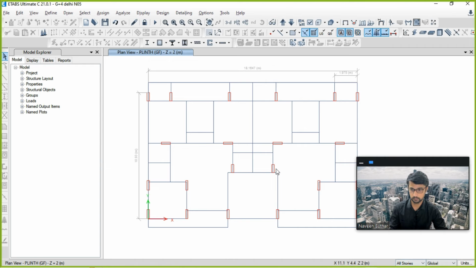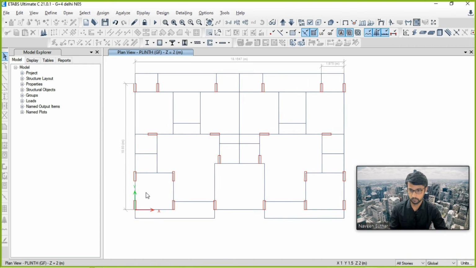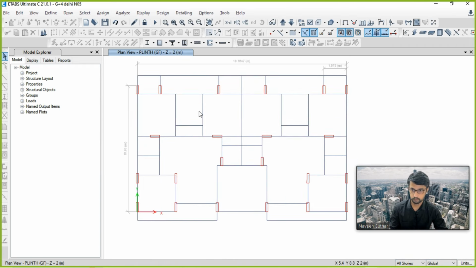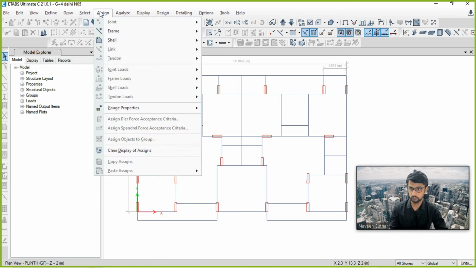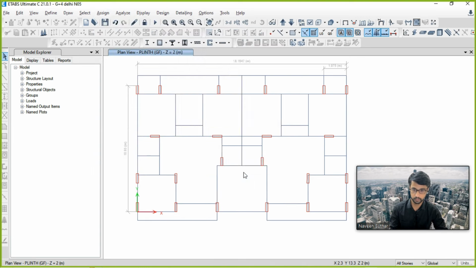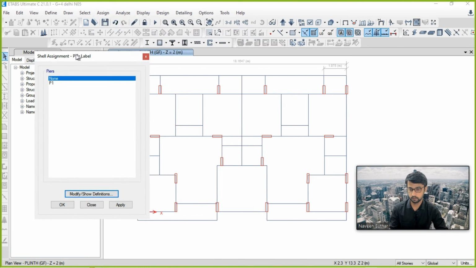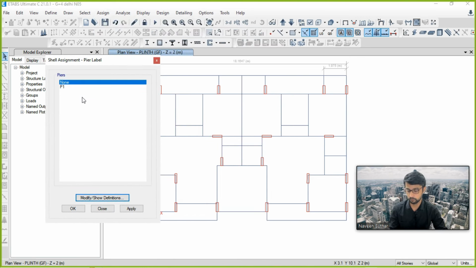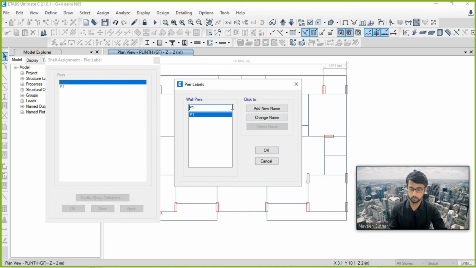Then we will assign the pier labels here. For that, we will go to Assign, Shell, Pier Label, and there are a total of 22 piers. So we'll go to Modify and add each name: